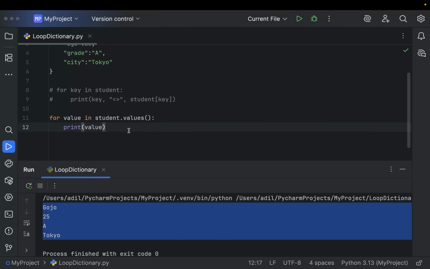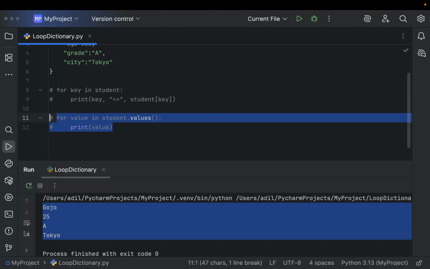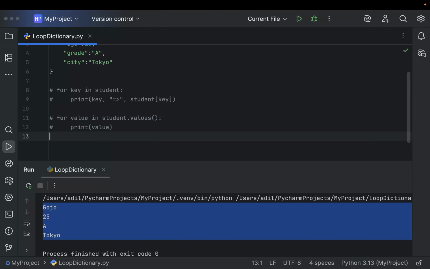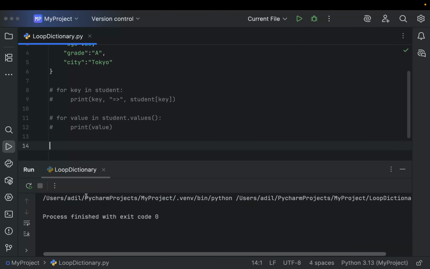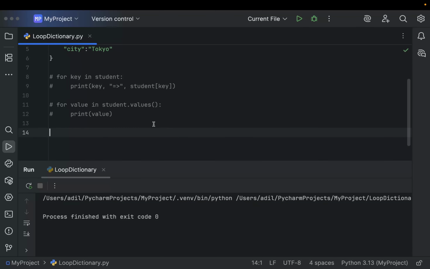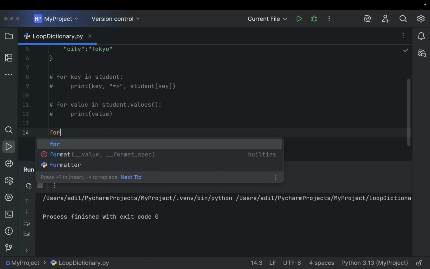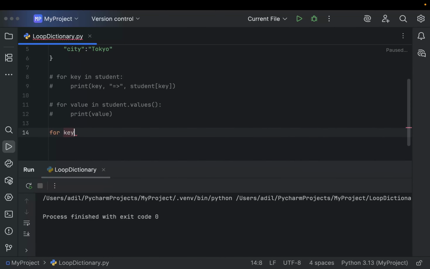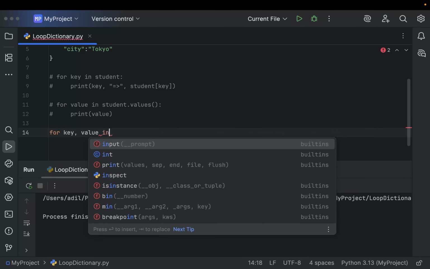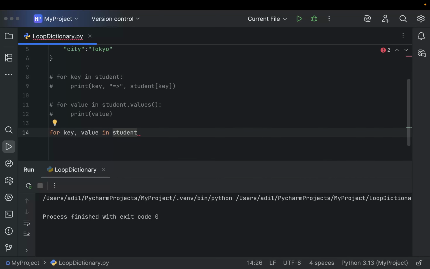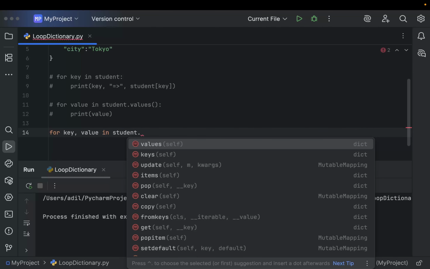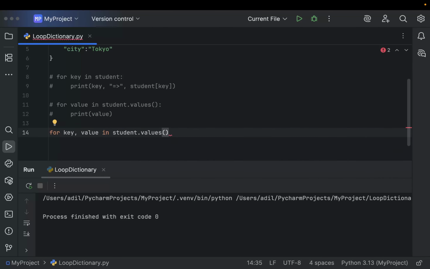Now you can ask, what if I want both, means the key value pairs? So for that, let me comment this, run this. As you can see, the output is now empty, and for getting key value pairs altogether, what you can do is you can write the for keyword, means the for loop, then you want the key and the value, okay, then the in keyword, and just write the student dictionary or the dictionary you created, then write the dot and call the values method, then write a colon sign, then again you can write the print statement, and let's do